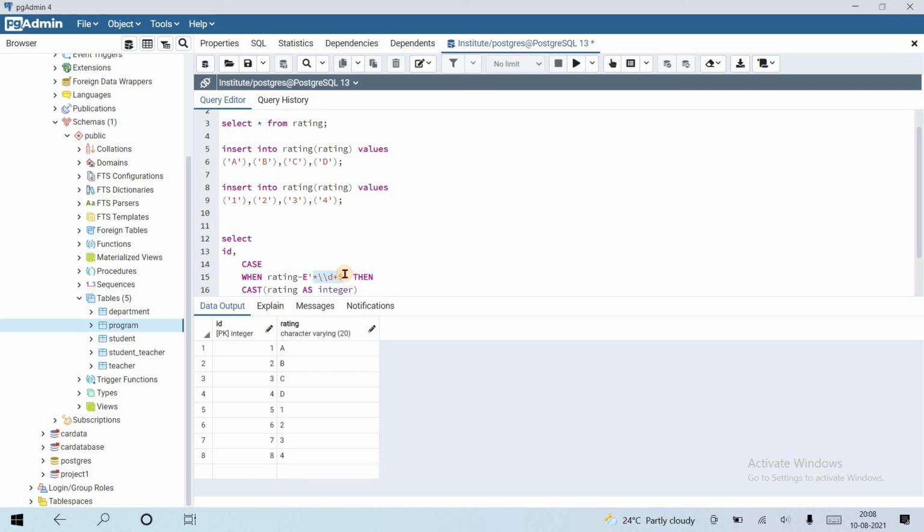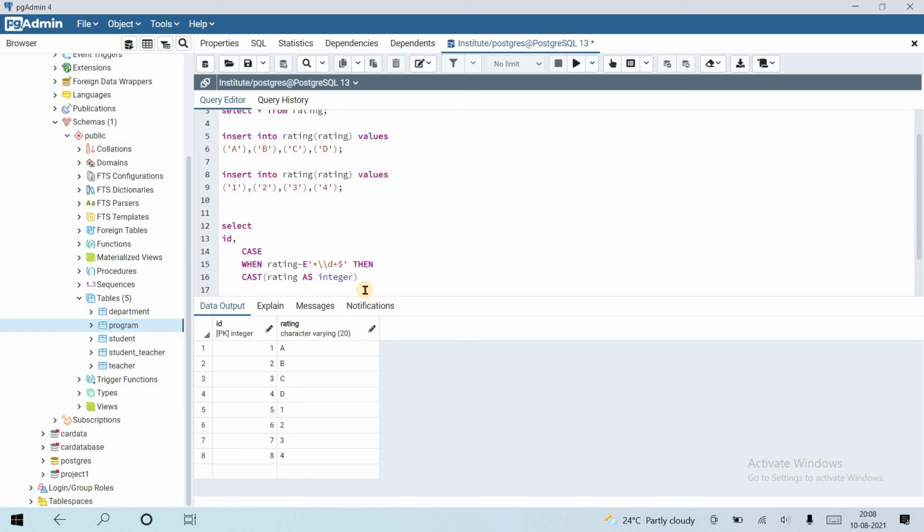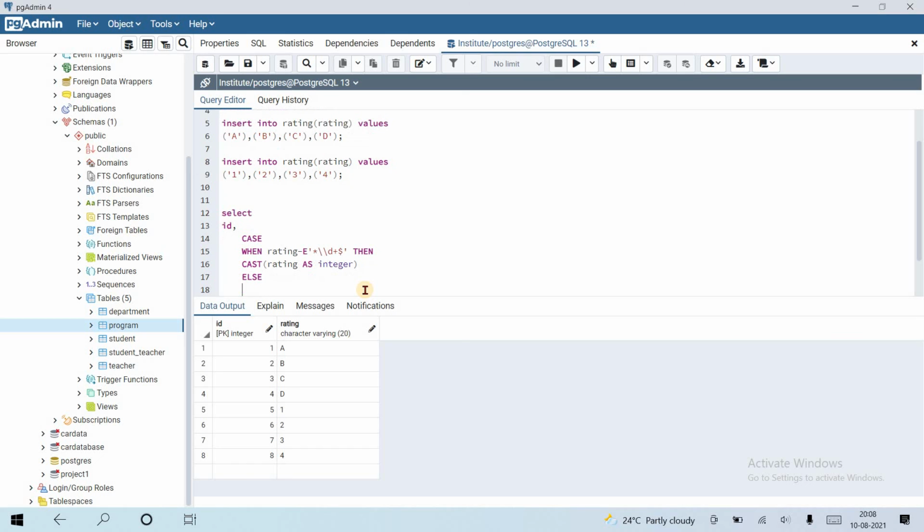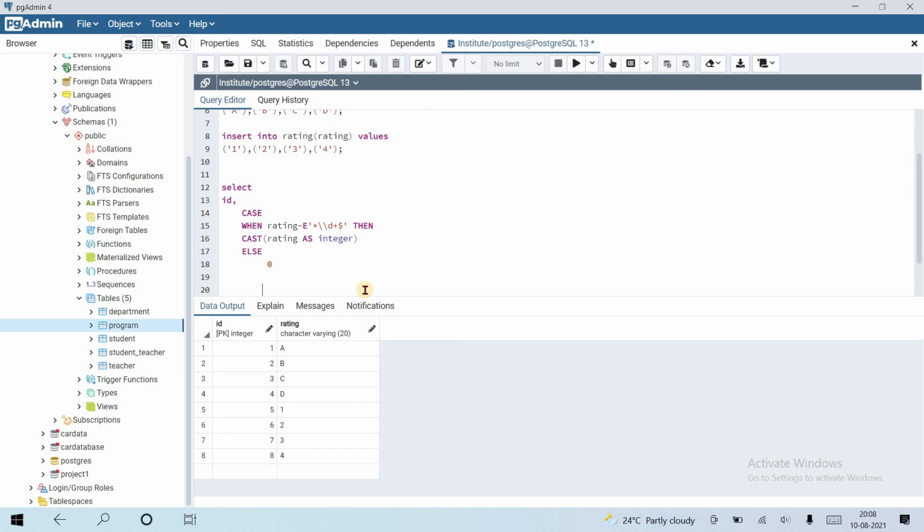Don't think much about this regular expression, because we are going to cover it in brief in the following session. Integer, and else means if they are not integer values, then return 0 and end the case. That's it.